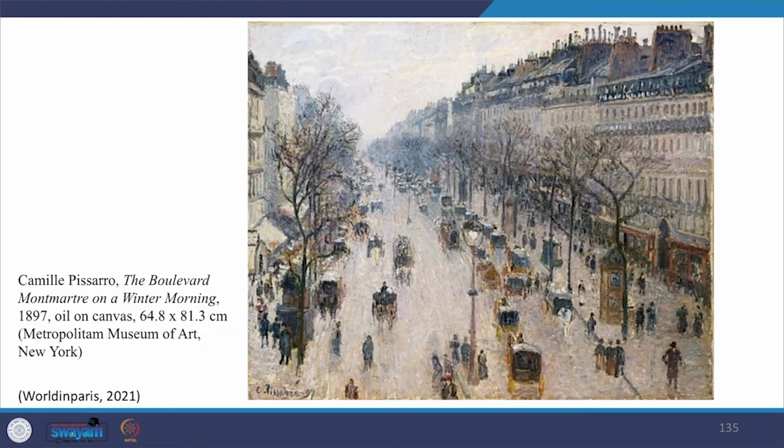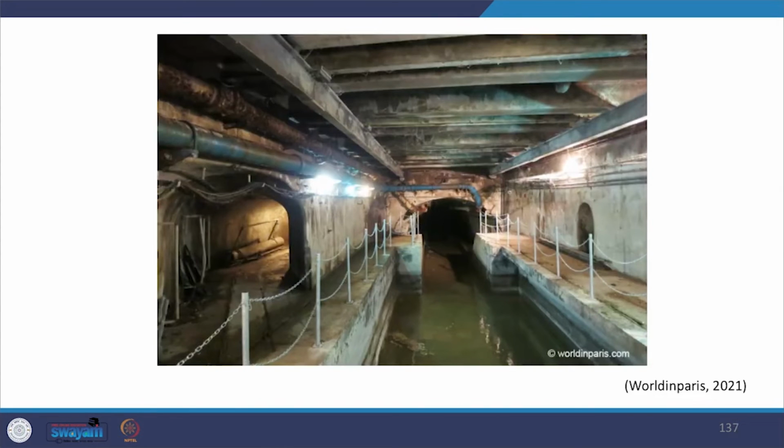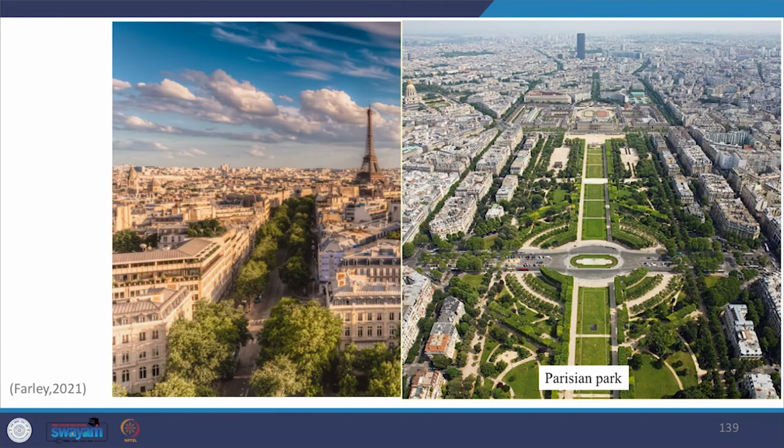Napoleon III had dreams of a new imperial city whose very streets spoke of the glory of the French Empire, and Haussmann delivered. You can see the paintings of the boulevards created in Paris. You can see the underground sewerage design in the city that was undertaken at the time. You can see the rearranging of built forms, streets and green areas in the pictures.